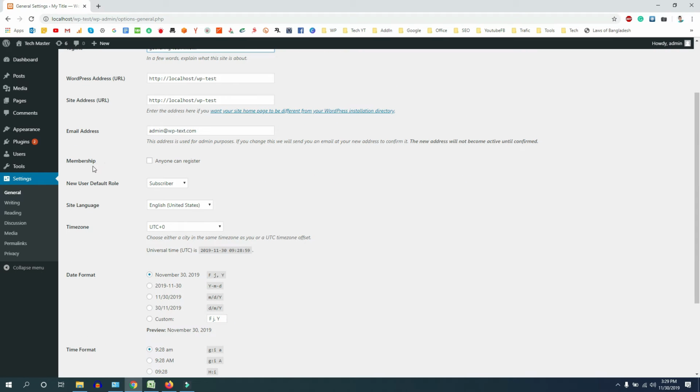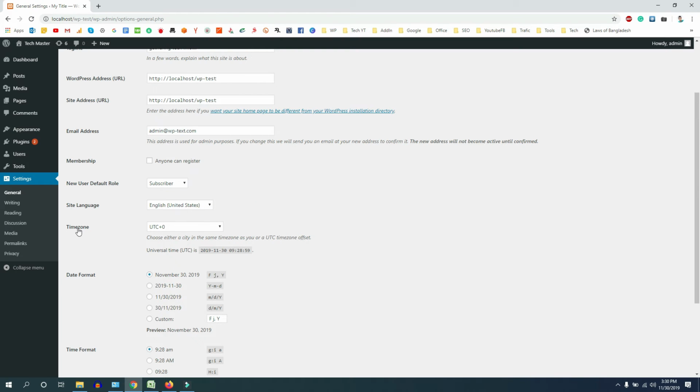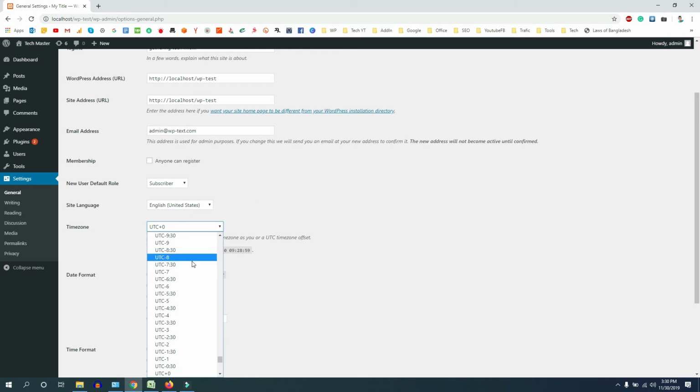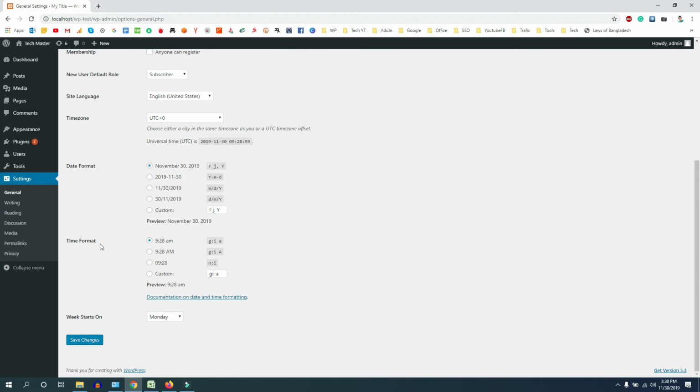If you want anyone to be able to register, you can click it here, and in this option, if anyone registers on this WordPress, what will be their role? This is subscriber, contributor, author, editor, or administrator. By default this is subscriber. If you want to change the language of the site, you can click on this drop box and change it from here. And you can change the time zone from this checkbox, and time format and date format can be changed from this section. Okay,